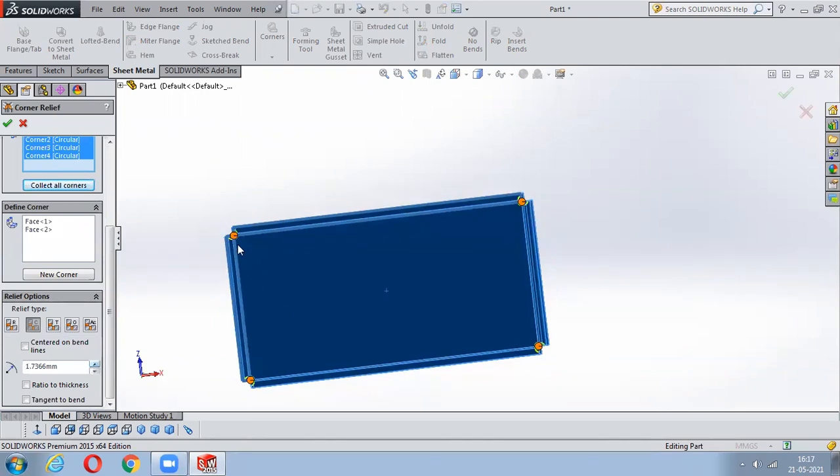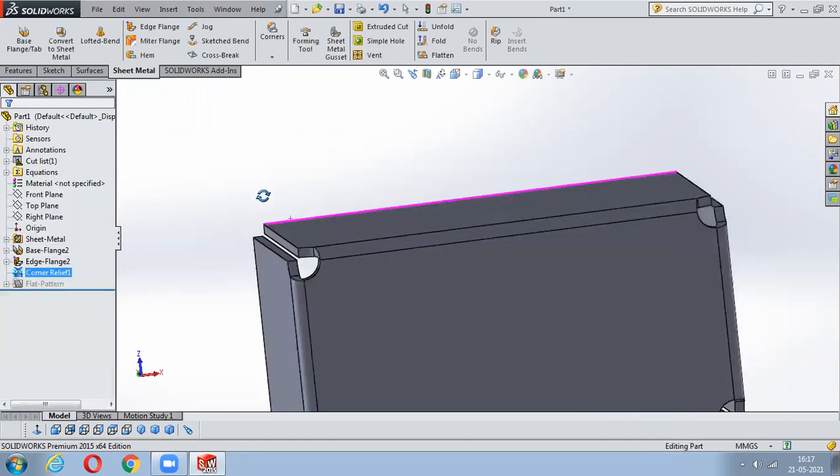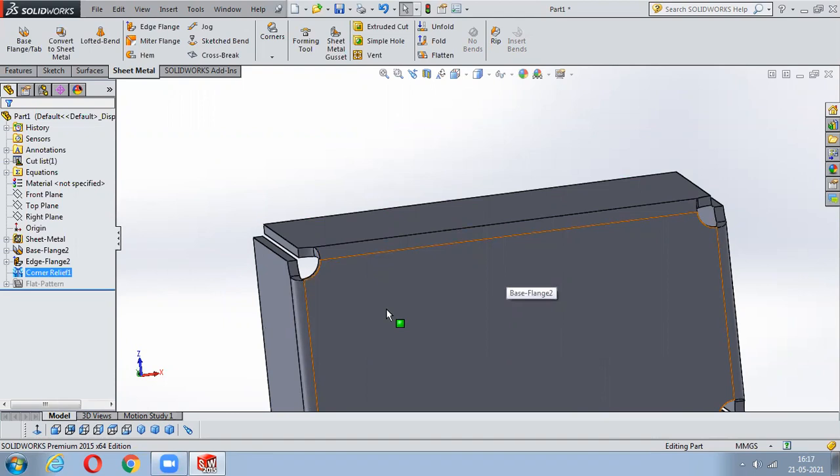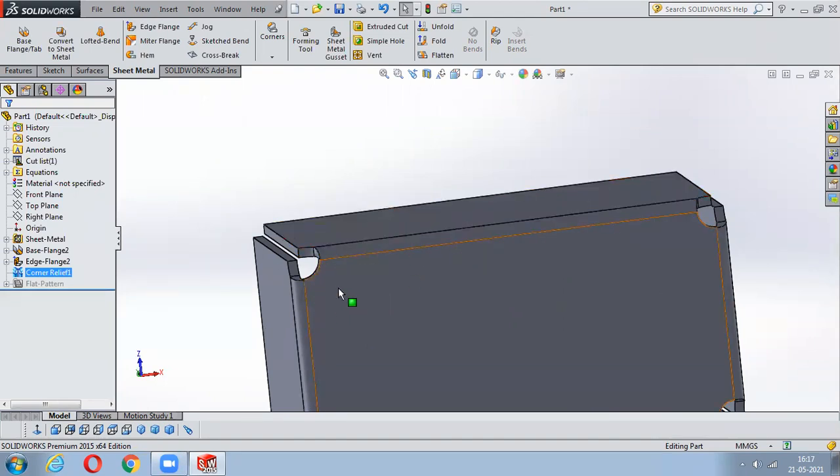You can notice a circular shape is being created here, right? Once I say okay, you can notice that even if I open and close this, there is no direct contact to this base. So no matter how many times you open and close this, no effect will be done on this particular part. Got my point? Yes, sir.